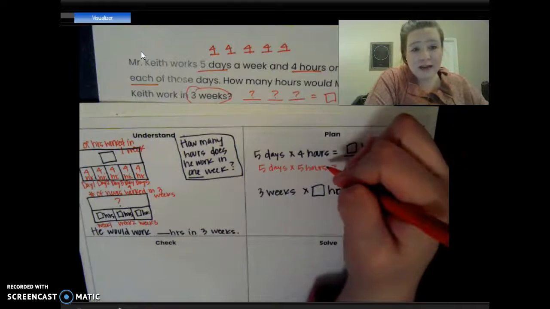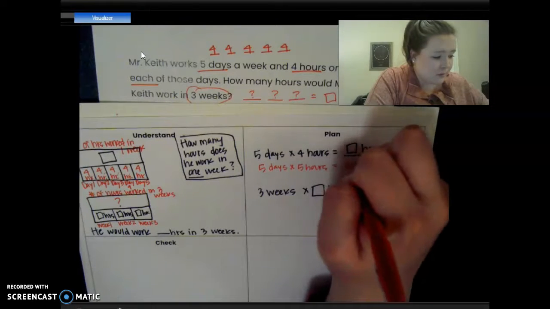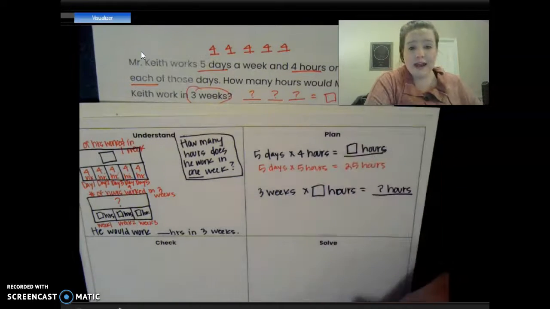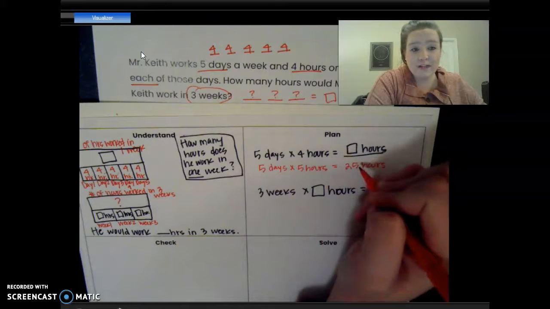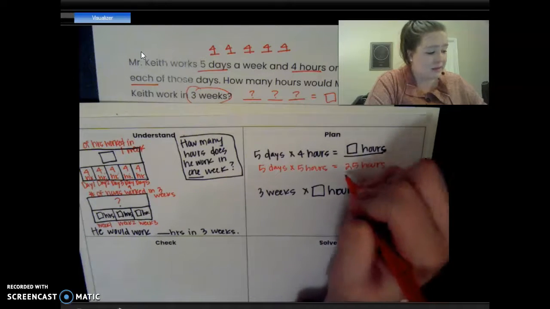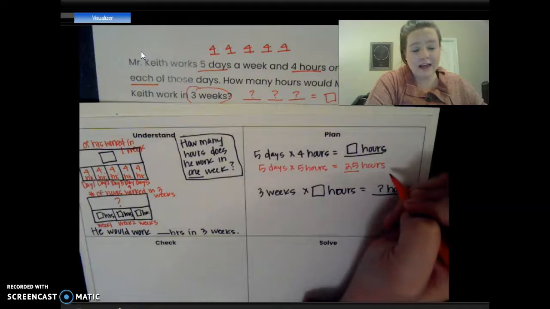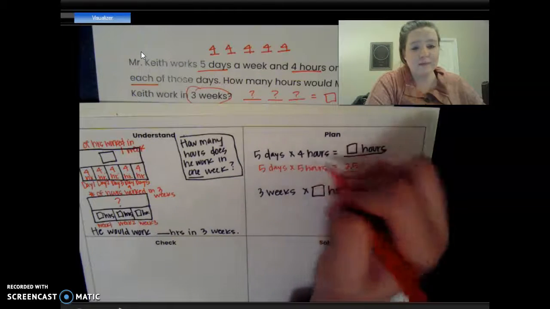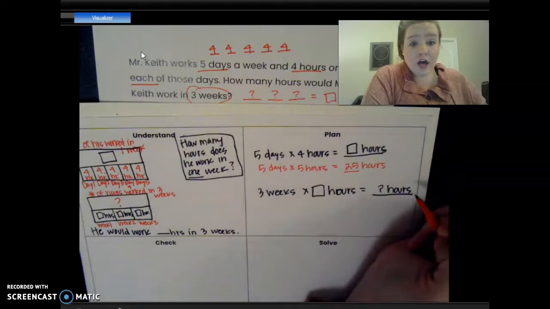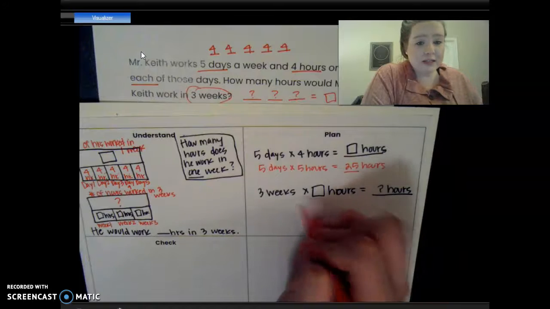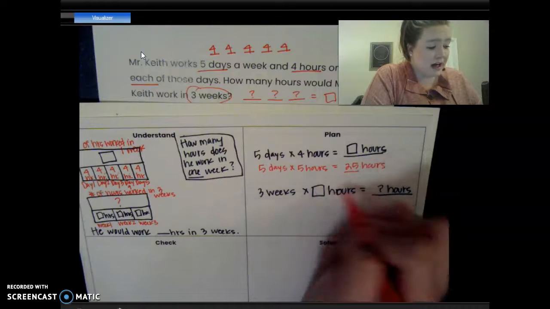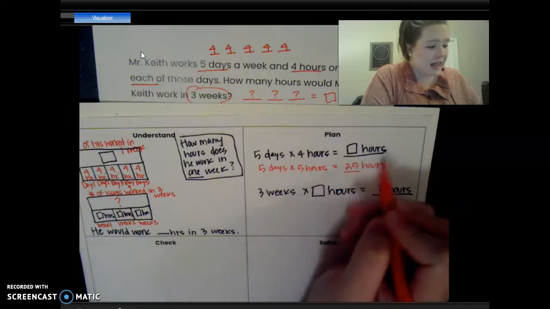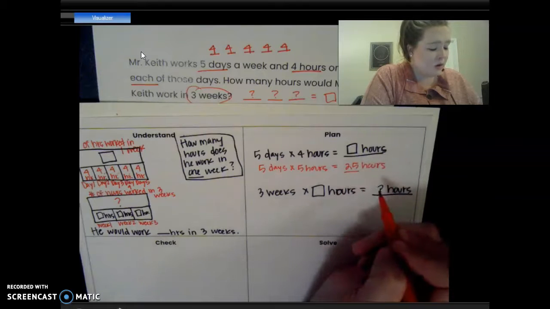I know that 5 times 5 is 25, okay? But I rounded up with my 4 hours, so because I rounded up, my estimate is going to be higher than what my actual answer is when I multiply 5 times 4, okay? And then 3 weeks times, this would be 25, if that was what I was estimating. And so I'm going to do